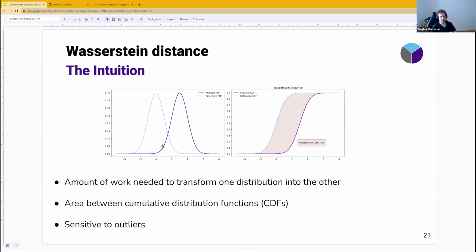So now, going to the intuition. It has beautiful physical interpretation, which is the Wasserstein distance is just the amount of work needed to transform one distribution into the other. So imagine that the distributions are like piles of dirt, and you have one pile of dirt, which is the reference probability density function, and you have the analysis probability density function. And if you were to transform one pile of dirt into the other, and you would calculate the amount of work, which is actual physical equation for the work,